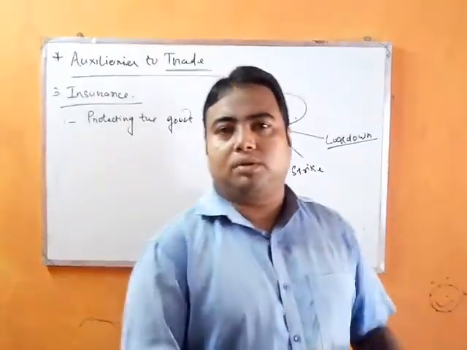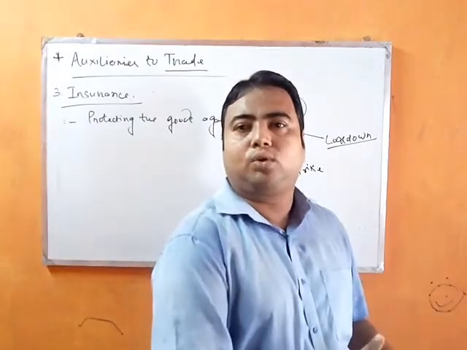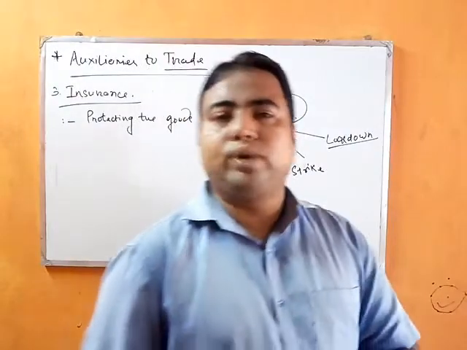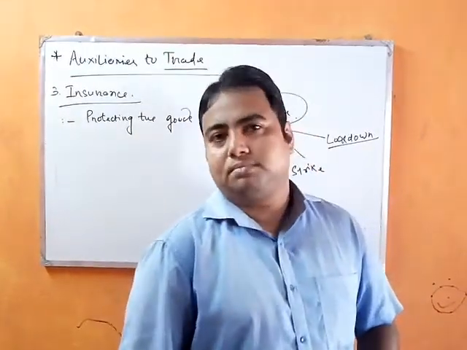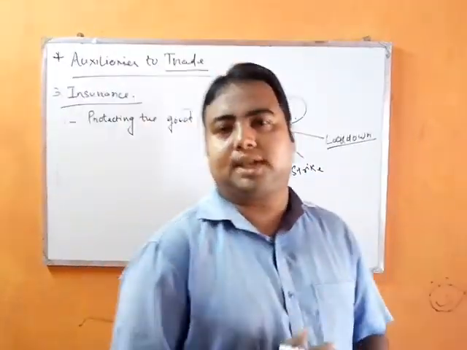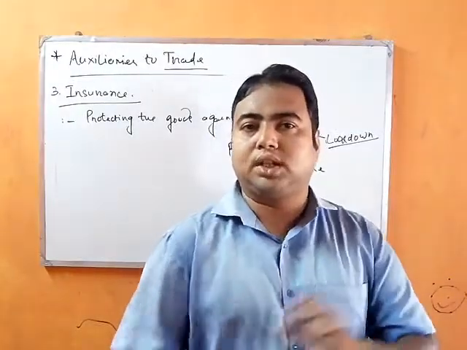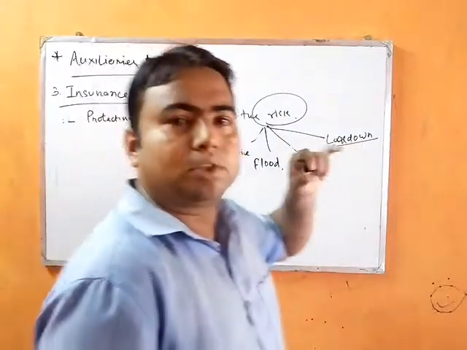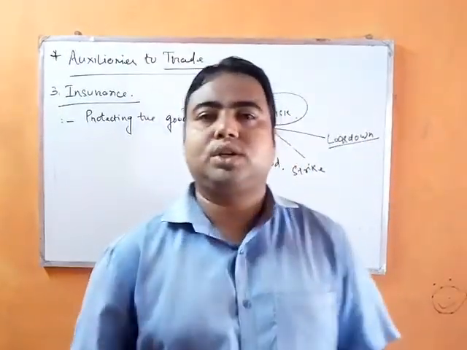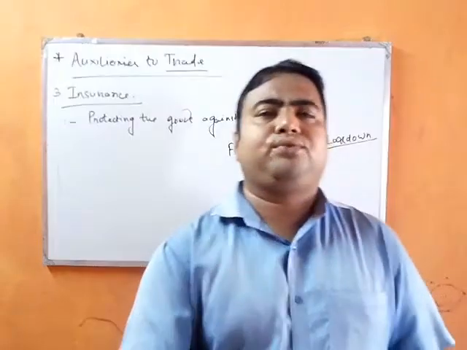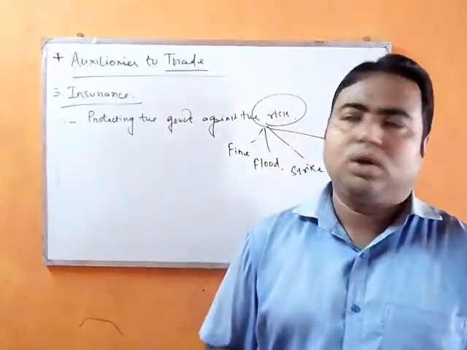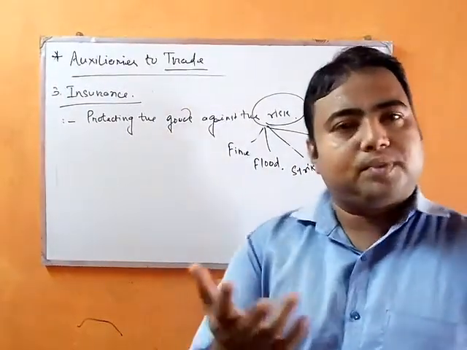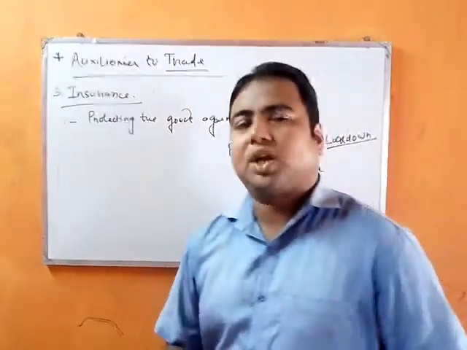As I said, thrice in a week they are allowed to open the shop, and again thrice in a week they are bound to close the business activity. So 4 days opening, 3 days closing, 3 days opening, 4 days closing. This is going on right now. So during the process of lockdown also, all the business units are facing a lot of risk and a lot of losses. So the concept of risk is always there with the business. Where there is business, there is the concept of risk.